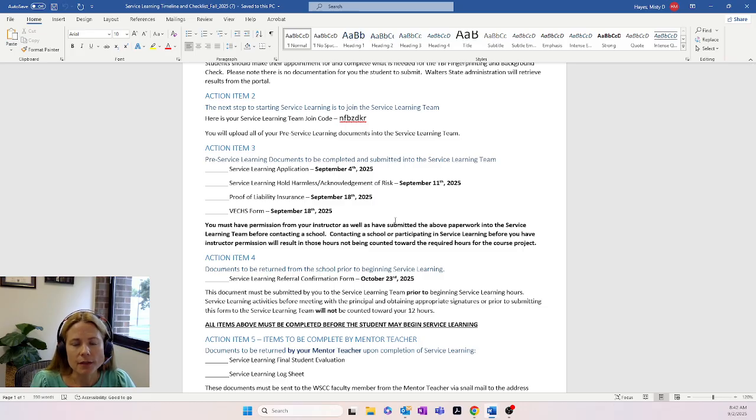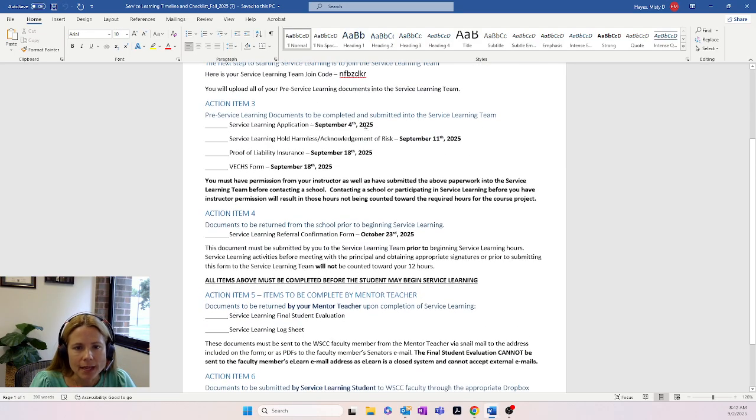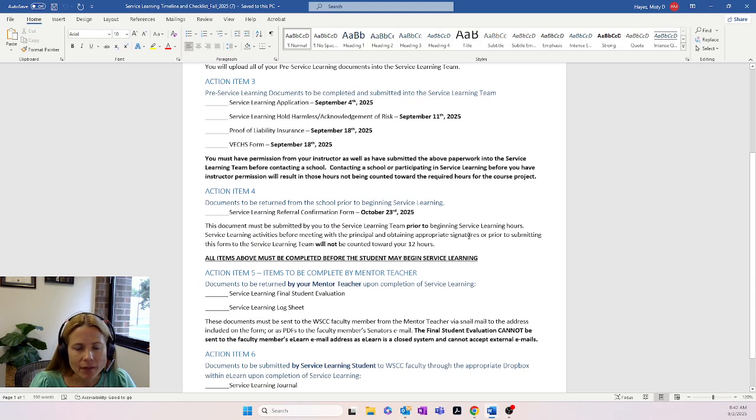So the quicker that you get these in, the quicker chance you have of securing your placement, right? And everything has a due date. So these are the forms that will be submitted to Teams. Now, once you get all these things completed, your service learning referral confirmation form can